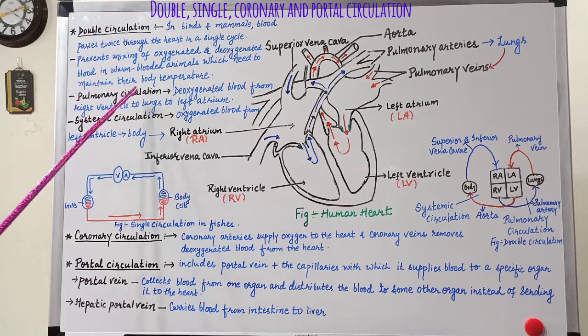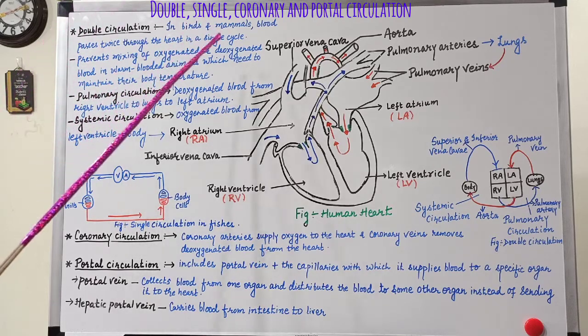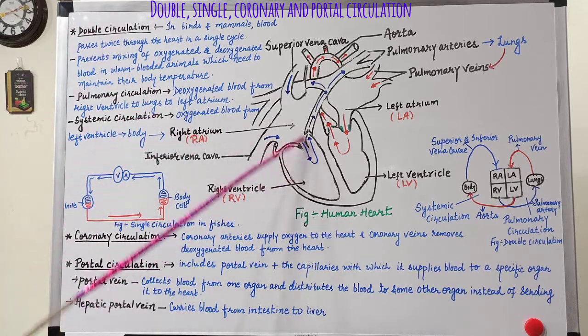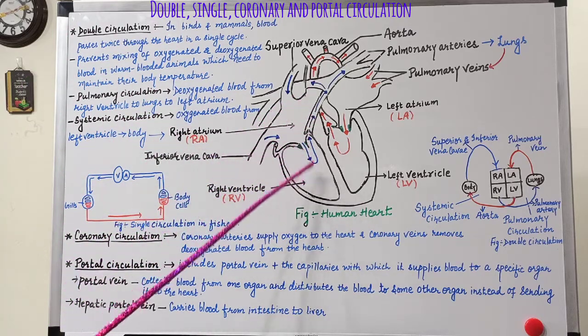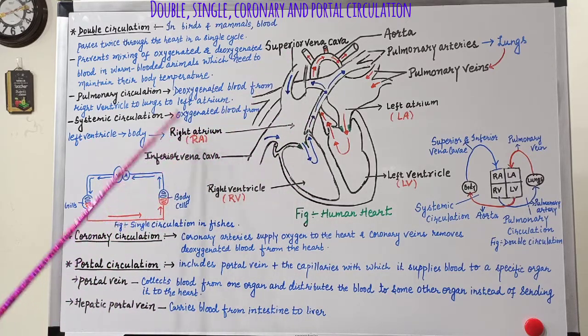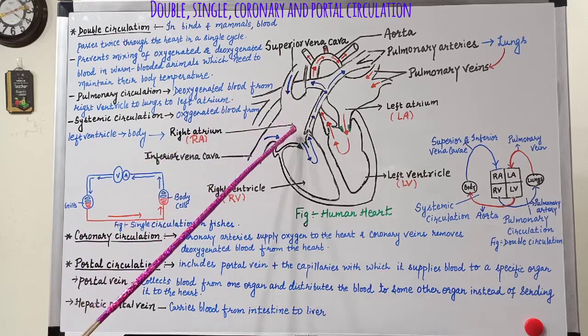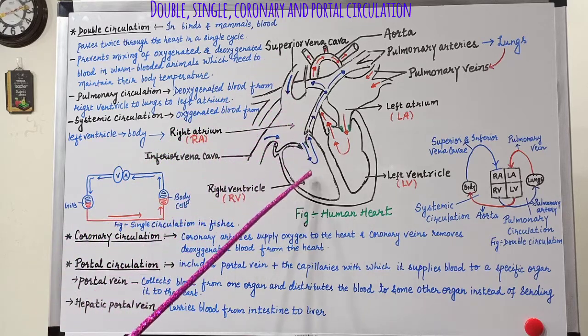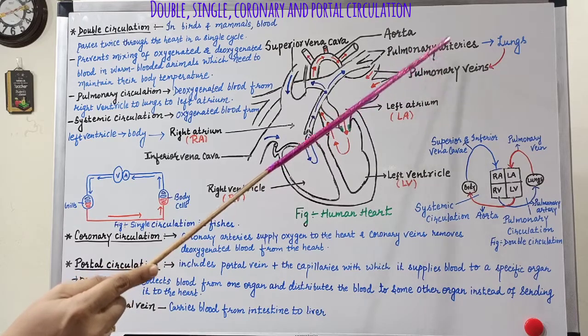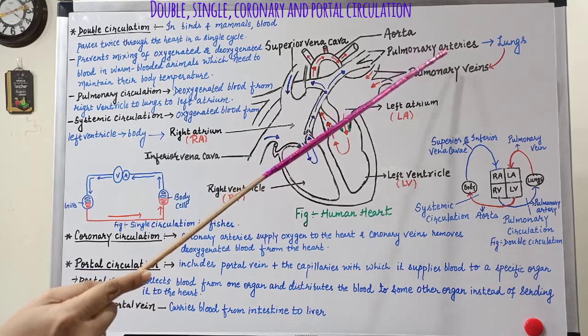It means it is a kind of circulation which takes the blood to the lungs and carries the blood from the lungs. So, which structure pumps the blood to the lungs? Yes, it is the right ventricle. Indeed, what happens? The superior and the inferior vena cava take the deoxygenated blood from the body to the right atrium. From the right atrium, this deoxygenated blood comes to the right ventricle, and this right ventricle pumps the blood to the lungs through the pulmonary arteries, the only arteries which carry deoxygenated blood.